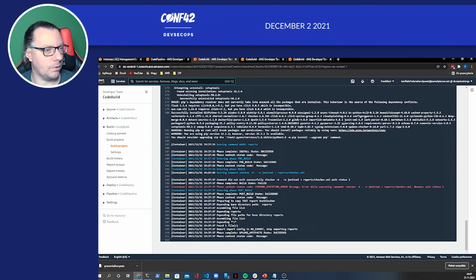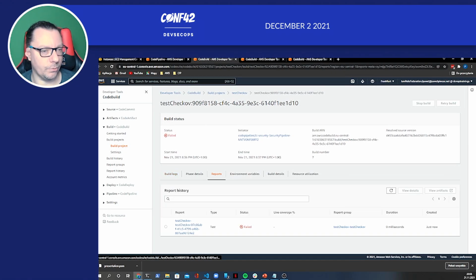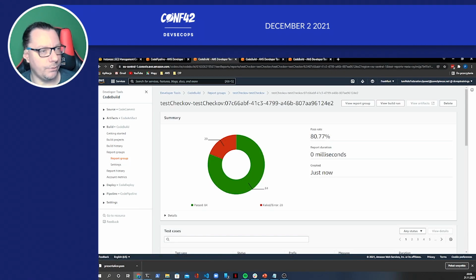So, as you can see right now, this command was executed, and of course, it failed. And this is also very important. All 3 tools can fail your pipeline. So this is very good, let's say. I told you that I sent this to this file, to this report, and also I published this report. So here we can see how the report from Checkov looks in CodePipeline